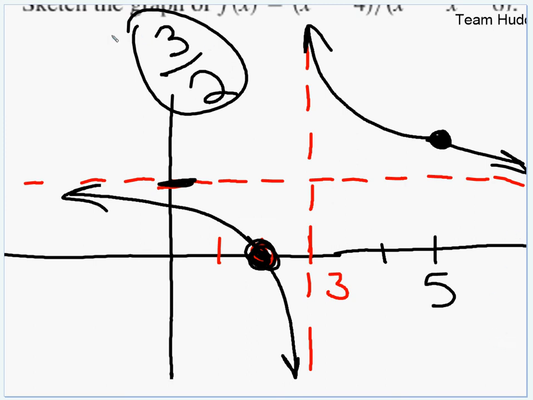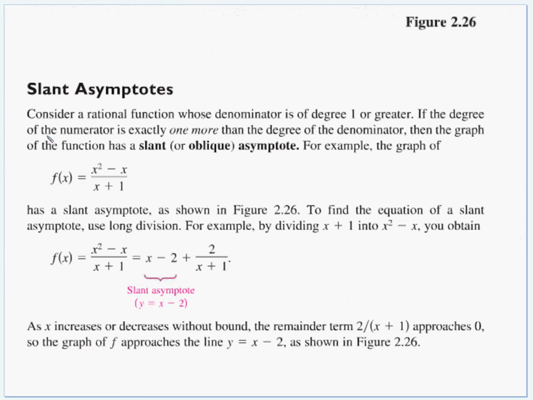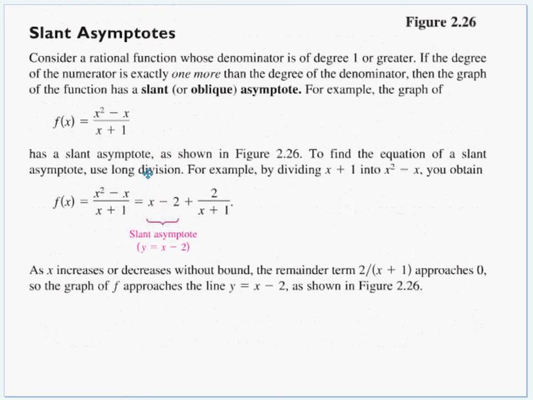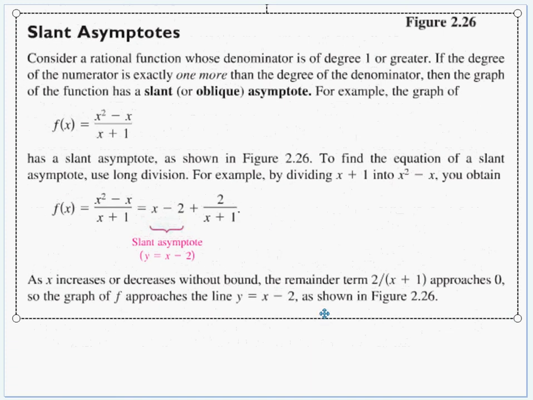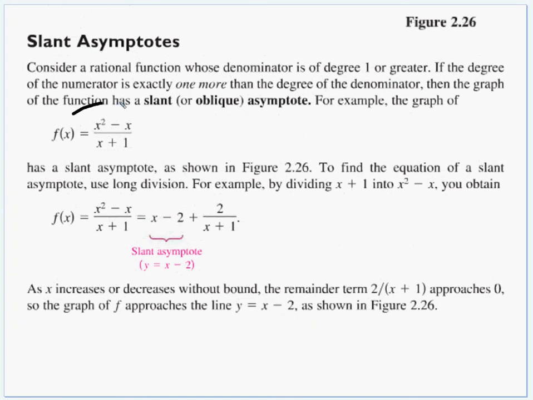Okay, one more example, one more huddle problem, and that has to deal with slanted asymptotes. They're not always vertical or horizontal. Sometimes they are slanted. The big idea here is, here's a rational function. It looks like division. So we can divide when the numerator is 1 power higher. Here our numerator is x squared, denominator is x. So we would say there is no horizontal asymptote, but since it's 1 power higher, we can divide and get